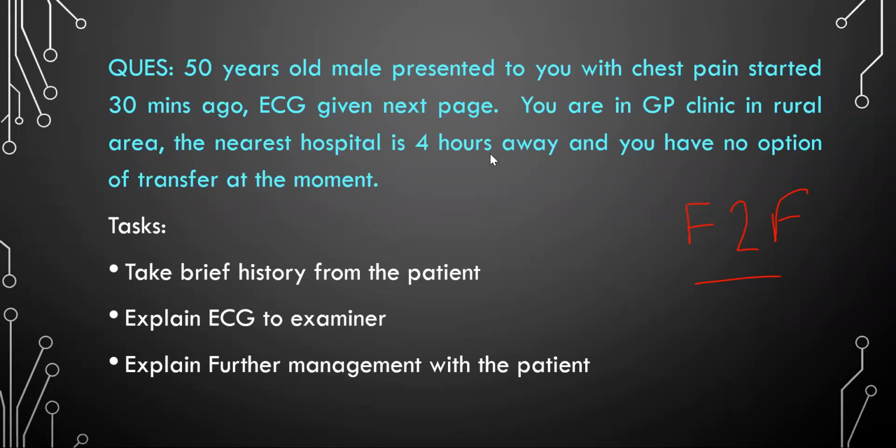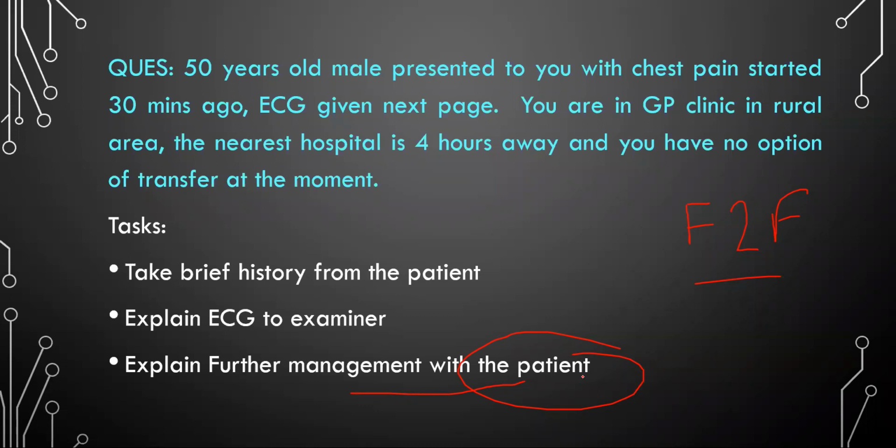So what you normally would do if a patient comes to you with acute severe chest pain and the ECG showing ST elevated MI. Okay. I was just confused whether I need to explain this to the patient or to the examiner. So I wanted to explain this to the patient, right? Yeah, your task is already written, you explain management with the patients. There is no confusion with that, right? Okay. But let's say whatever it is, even if it's to the examiner, what would you do?